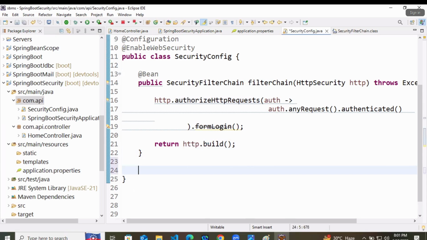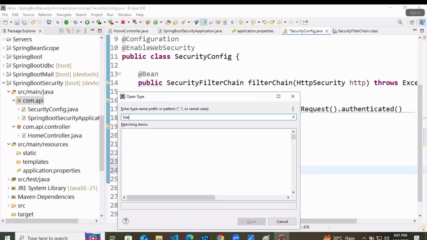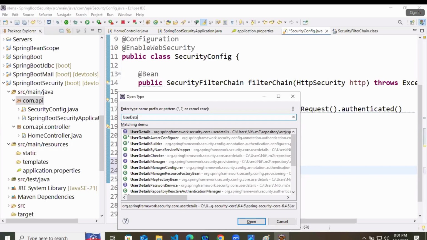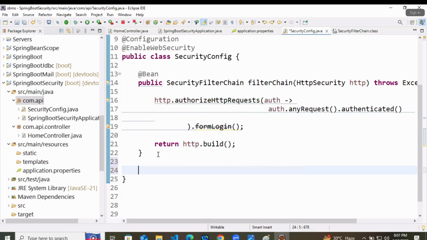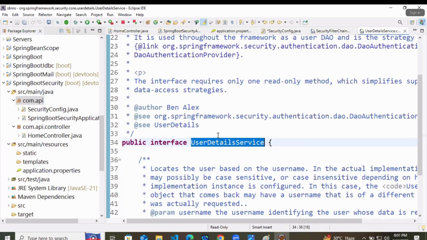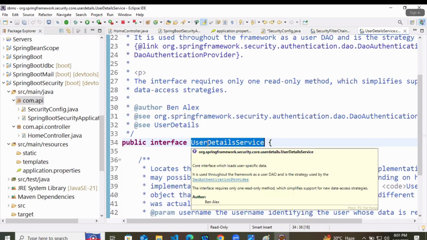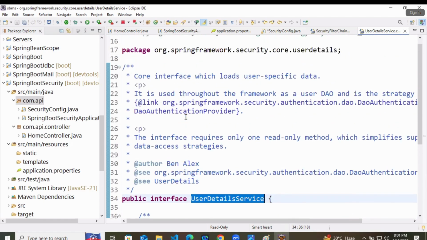So here we have something called UserDetailsService. Here we have one interface, UserDetailsService. Now what will it do? It is a core interface which loads user specific data.